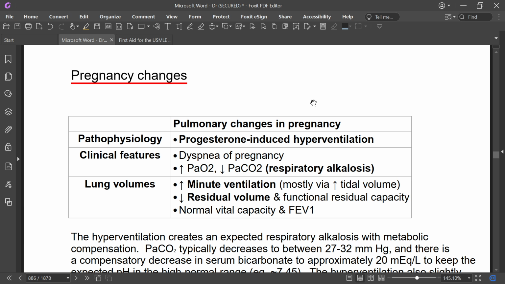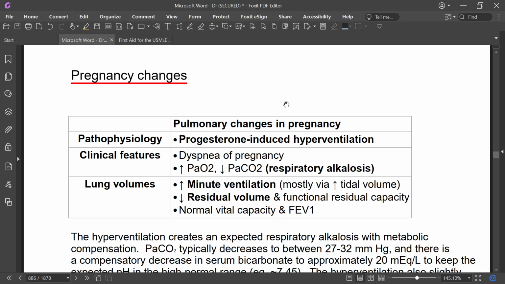Dyspnea of pregnancy, there is increased partial pressure of oxygen and decreased arterial carbon dioxide. Increased PaO2, increased arterial oxygen, and decreased arterial carbon dioxide. There is respiratory alkalosis. So in clinical feature, if a woman came with dyspnea and you do ABG and you found respiratory alkalosis,